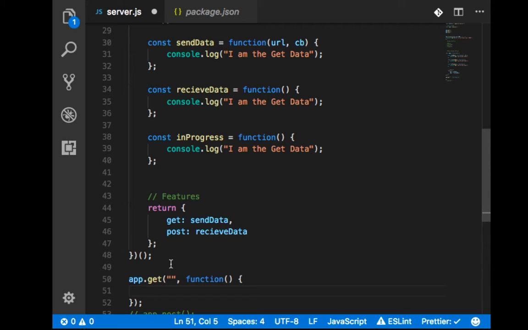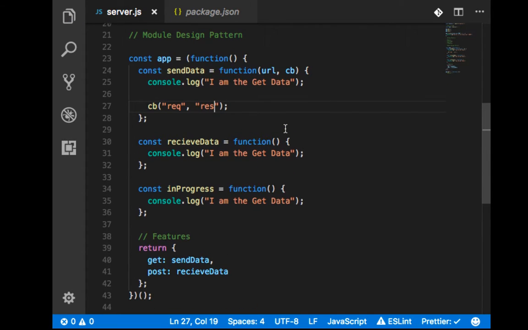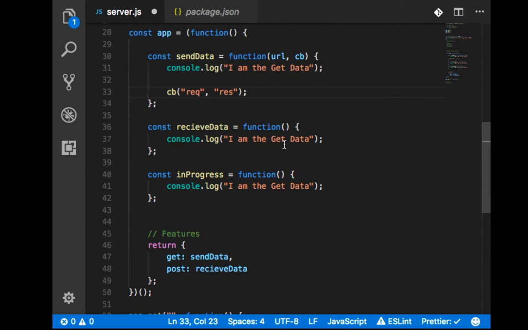Whatever they pass over here, I got access to it on the thing that's called URL. And the callback function, it's whatever I return. Let's say in the callback function, I return 2 parameters. I'm gonna return something called request, and then I'm gonna return something called response. And ladies and gentlemen, this is our clone of,